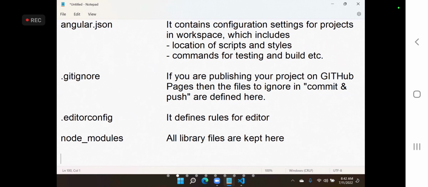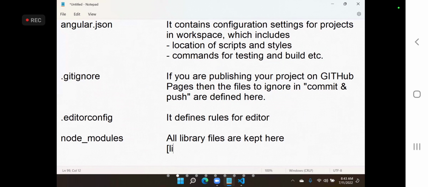Where is your Bootstrap CSS? Where is your Bootstrap JS? It is in node modules. You install jQuery. Where are your jQuery JS files? They are in node modules. Anything you install through npm will be in a separate folder. What is that? Node modules. All library files are kept here.